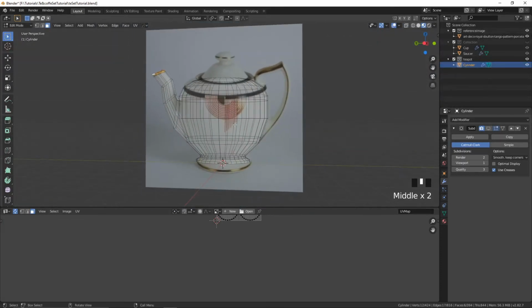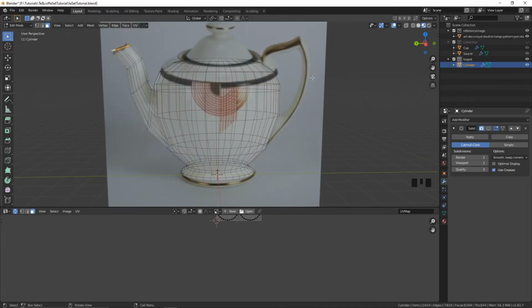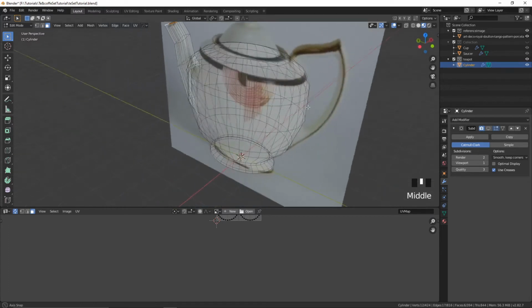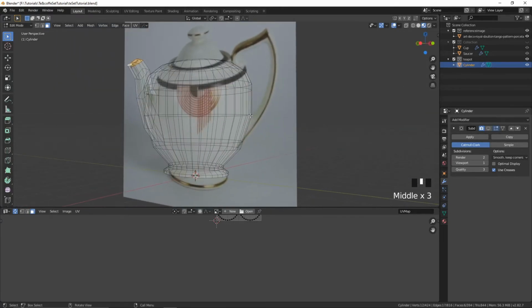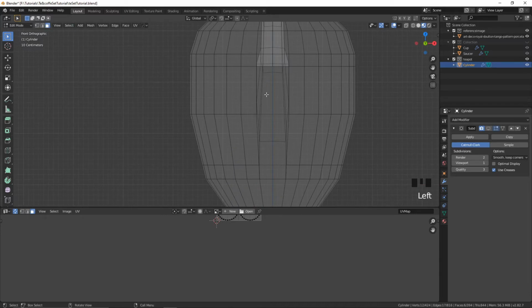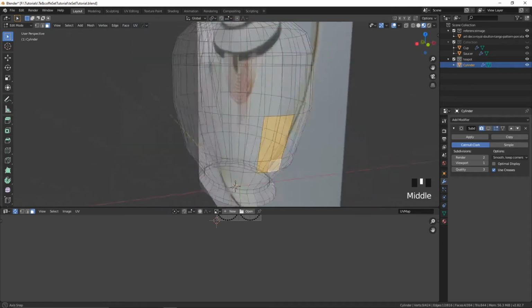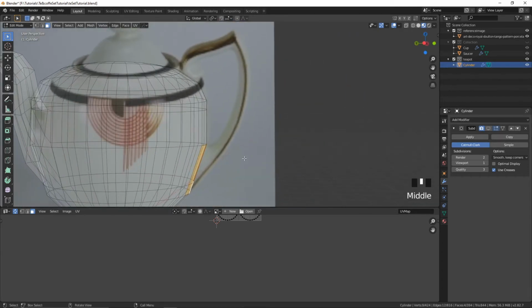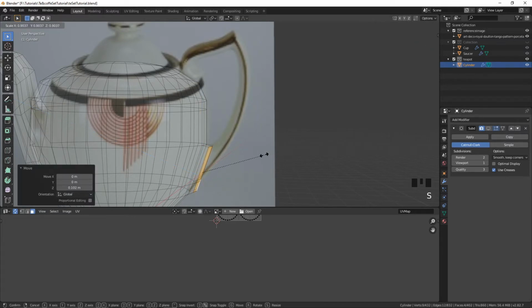So what we could do now is actually to start working on this part here, the handle. So let's do that. Yes. So let's look at it from the back side here, and let's take these ones over here. I think. Nope, not those two, but those two. And let's press extrude and move them out a bit, and GZ to move them up a bit, and let's scale it, and GZ to move it up a bit,